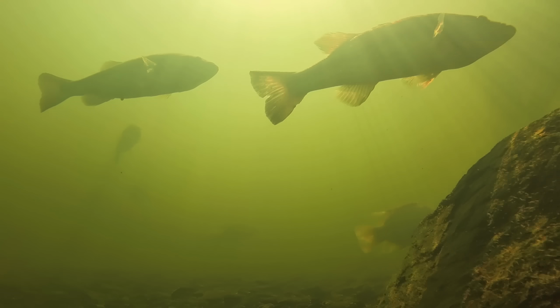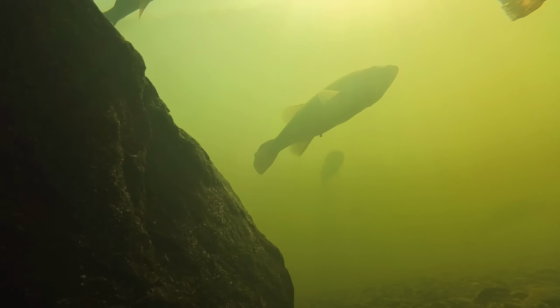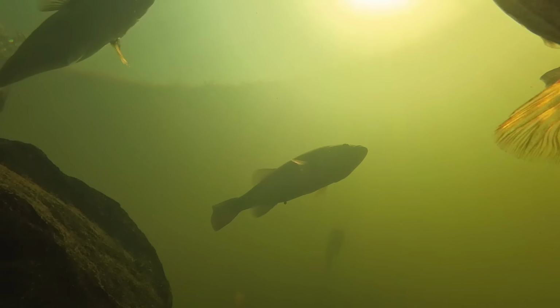But I found it pretty neat when he got down into the very bottom parts of this pond, which at this point he's about 5 feet deep, but you can see how that sunlight penetrating the water even changes the complexion. But you still have really good visibility down here, and for all you fishermen out there, notice that even